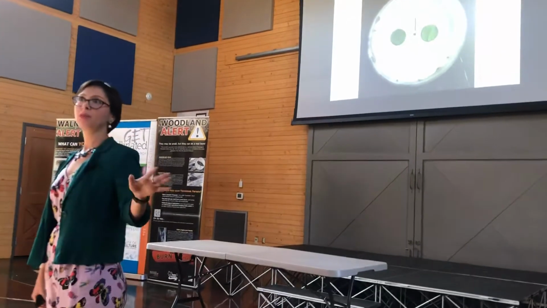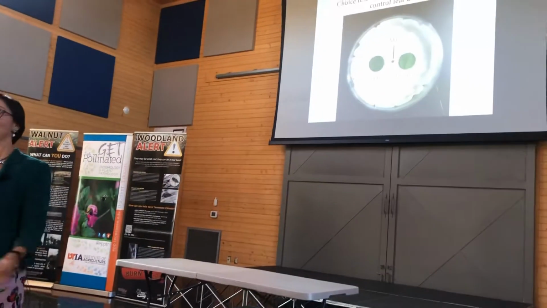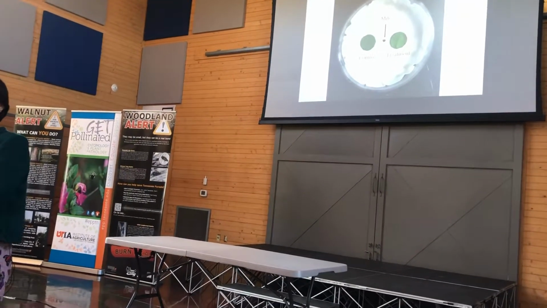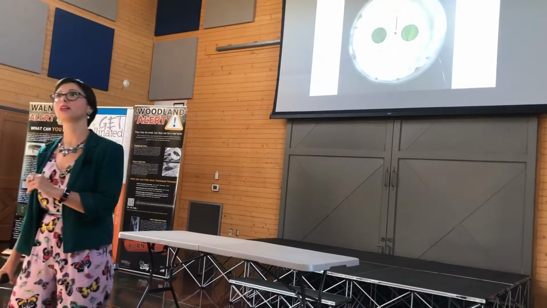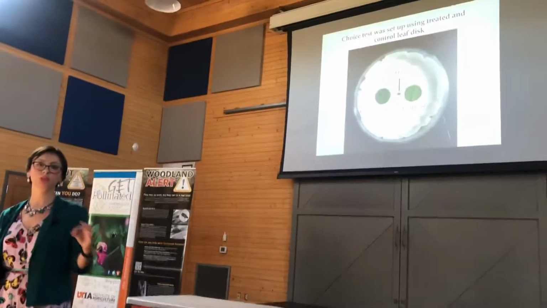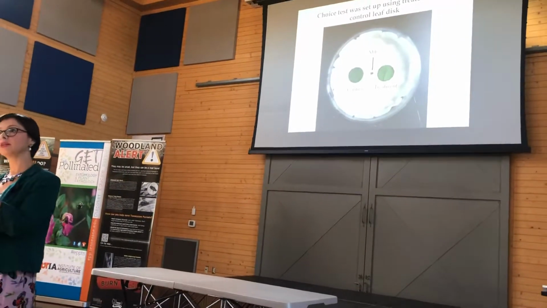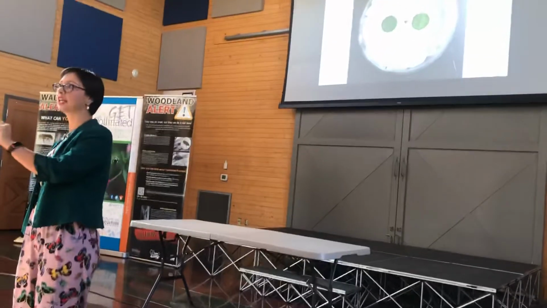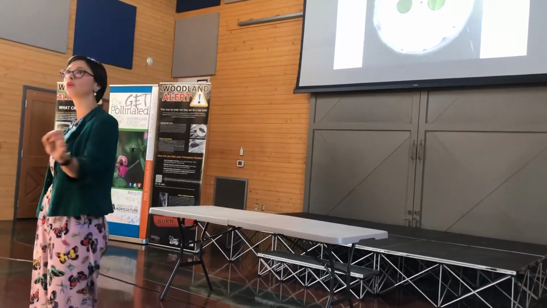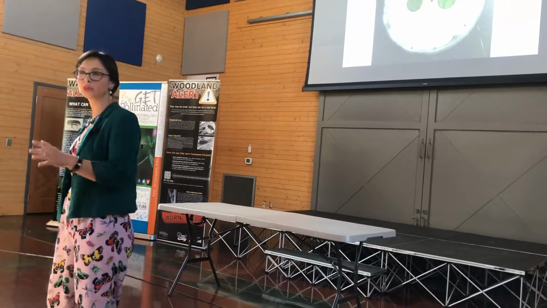So I set up a choice test first, using 2 control leaf discs. One had been treated with the foliar or soil microbial product, and the other one was just simply a piece of a pepper leaf. And then we set the mite in the middle and tried to see if there was any behavioral difference, if it chose maybe the control over the treatment, if there was any deterrent. That's what we were looking for.